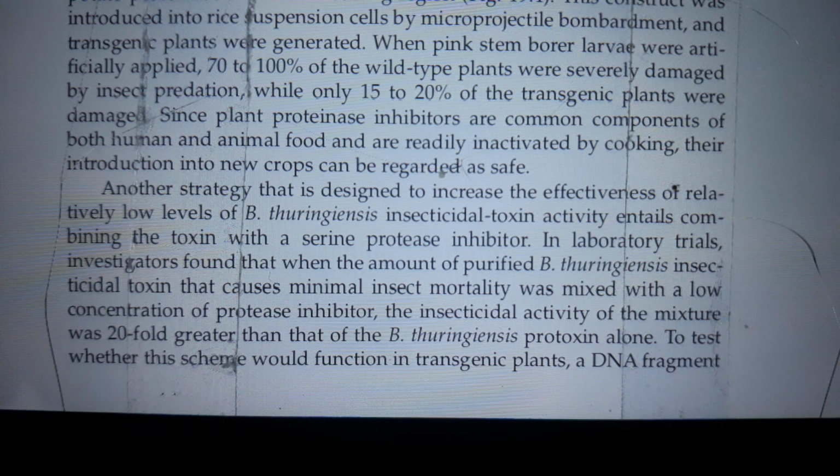Another strategy that is designed to increase the effectiveness of relatively low levels of Bacillus thuringiensis insecticidal toxin activity entails combining the toxin with a serine protease inhibitor. In laboratory trials, investigators found that when the amount of purified Bacillus thuringiensis insecticidal toxin that causes minimal insect mortality was mixed with a low concentration of protease inhibitor, the insecticidal activity of the mixture was 20-fold greater than that of the Bacillus thuringiensis protoxin alone. To test whether this scheme would function in transgenic plants, a DNA fragment